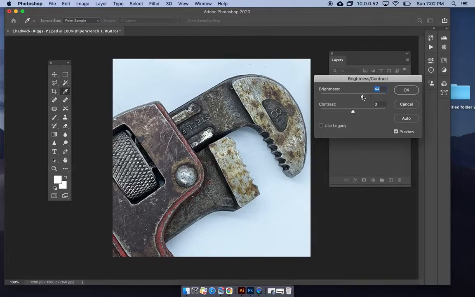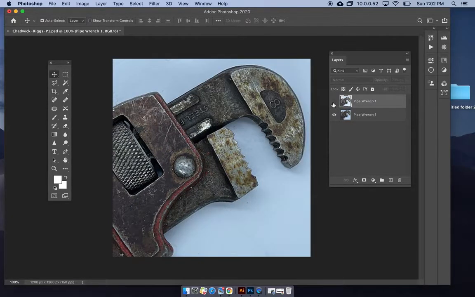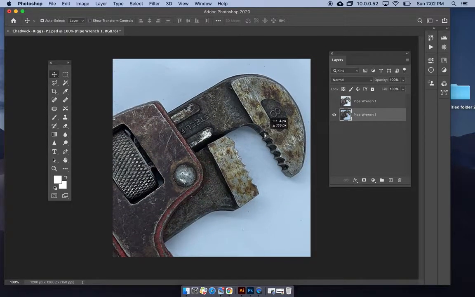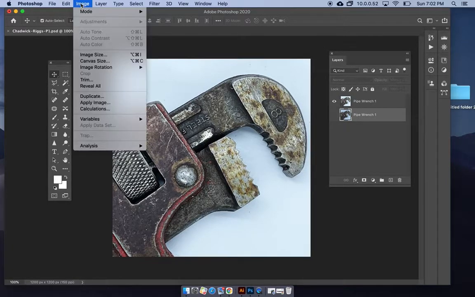I'm going to increase the white, intensify the black a little bit, and go OK. That's kind of cool. If I click on the eyeball right here and you want to look at the original and see the difference, let me move that down a little bit right there. So there's the difference right there. Okay, next, after I do that, I'm going to go Image,